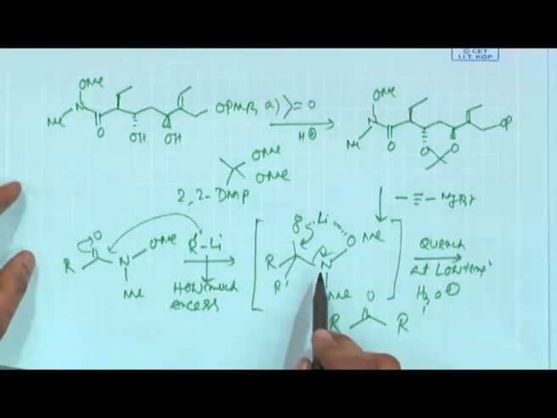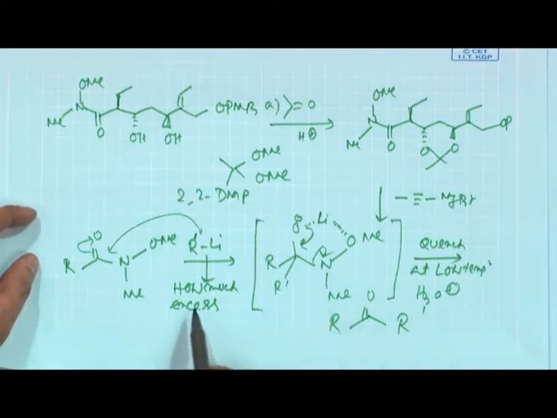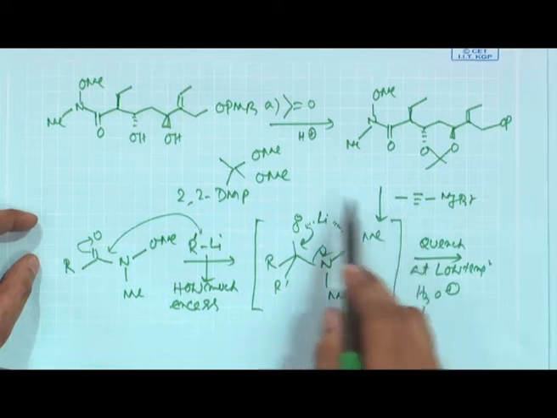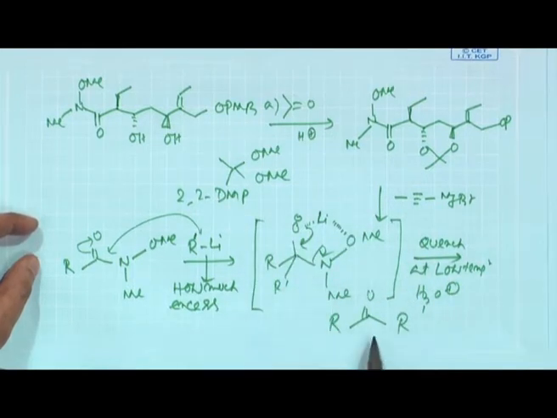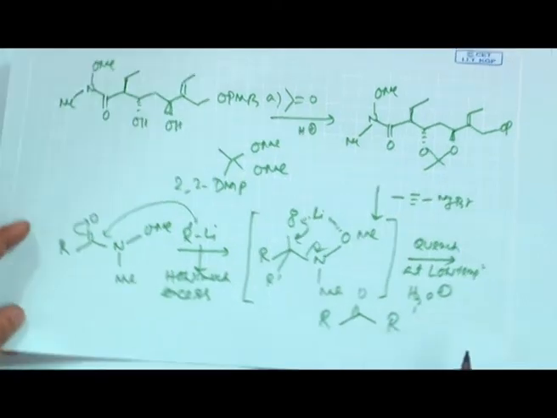the tertiary alcohol. But Weinreb amide, as I said, once you get the cyclic chelate, the cyclic chelate is rock stable. No matter how much excess Grignard or lithium you react, it always stops the reaction here, then you just hydrolyze this intermediate to get back the corresponding ketone. So, this is the Weinreb ketone synthesis which has been used very efficiently.